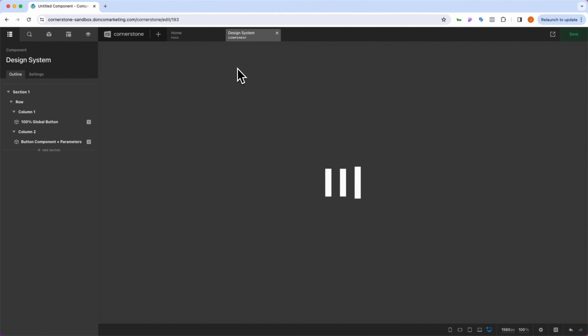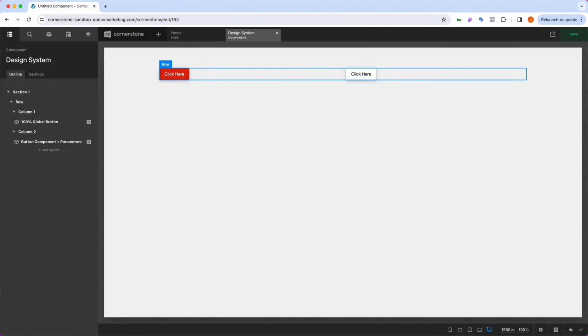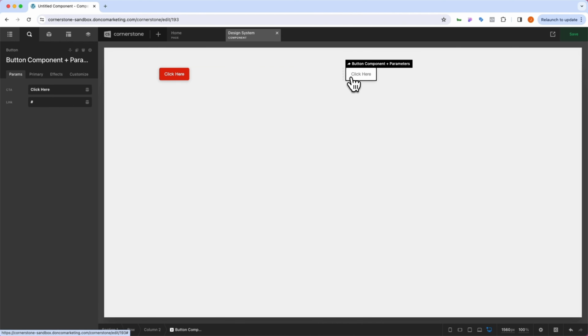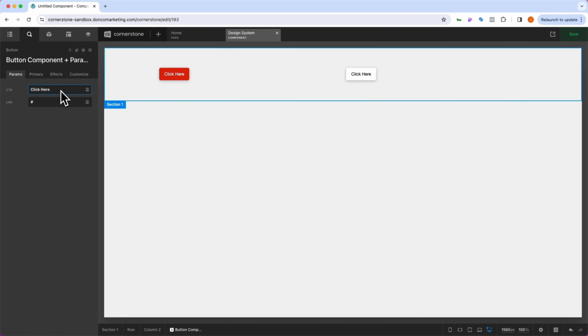Well, let's jump back into our design system. And this is where it takes some planning out. Which elements of your components should be globally controlled? And which elements of your components do you want to wire up to instance by instance parameters? In our case, we only wired up the call to action text and the link to instance by instance, which